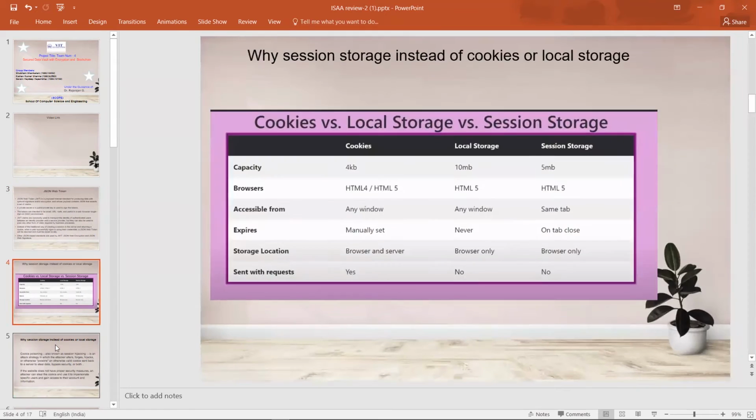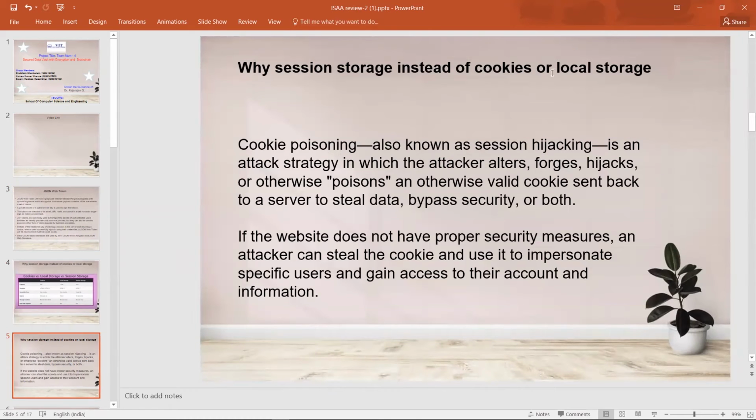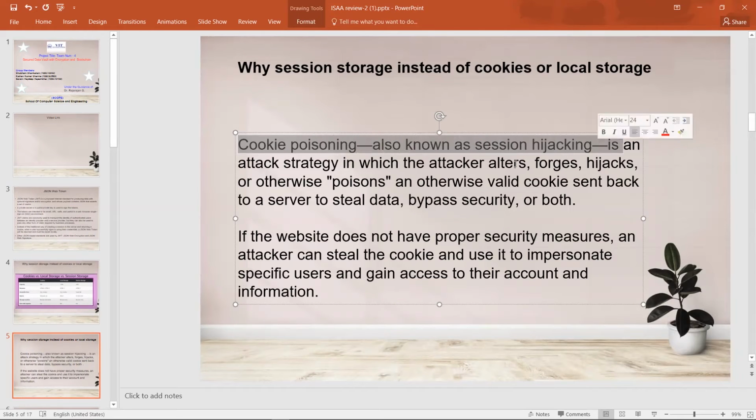So why are we using session storage? Because there is no cookie poisoning here, also known as session hijacking. The attackers cannot get access to any data token which we are storing, because first it is in encrypted form.